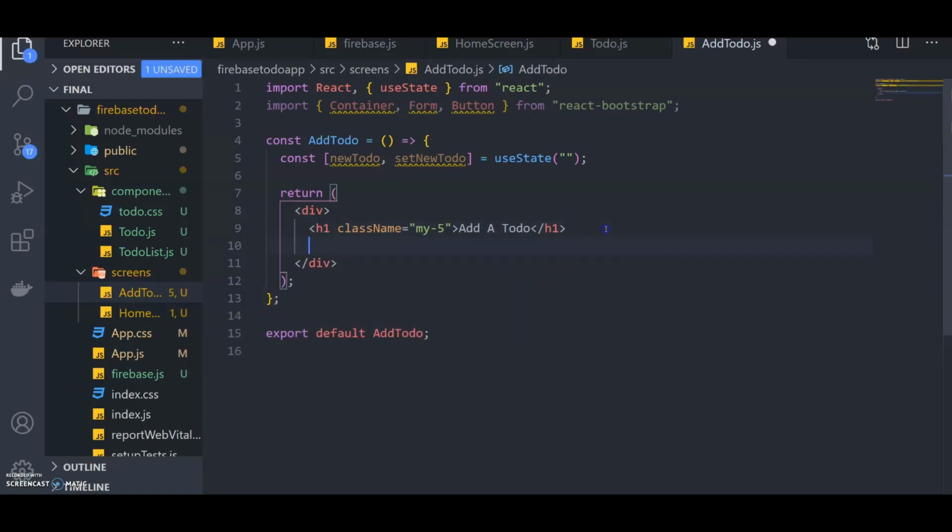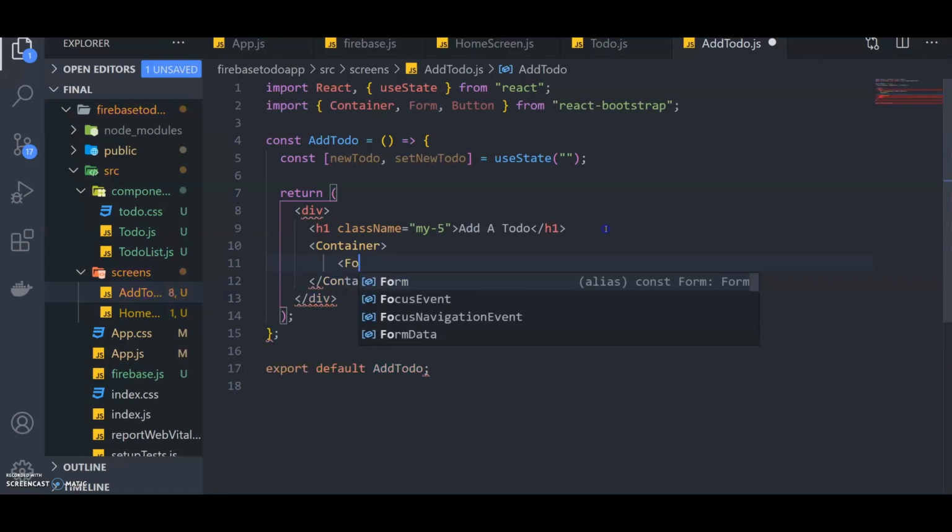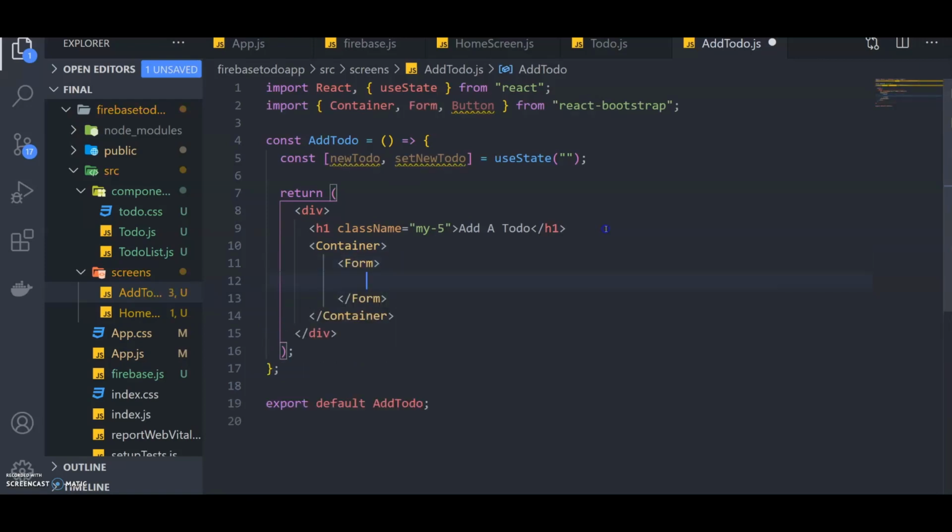Now underneath here we're going to have a bootstrap container, and inside that container we will have our form, React Bootstrap form. Then inside there we're going to have a form dot group,